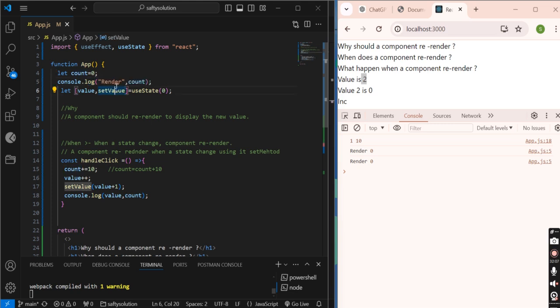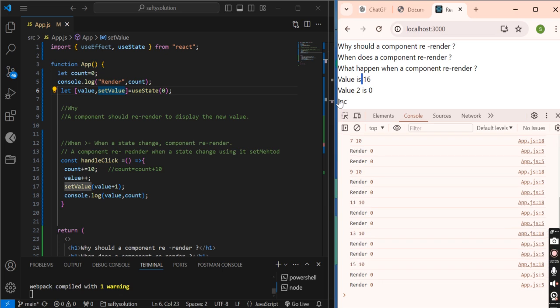Now this setValue method will set this value to 2. Remember, here it was changed to 1, and 1 plus 1 is 2. That's why it's increasing by 2. When I click, it will increase by 2.